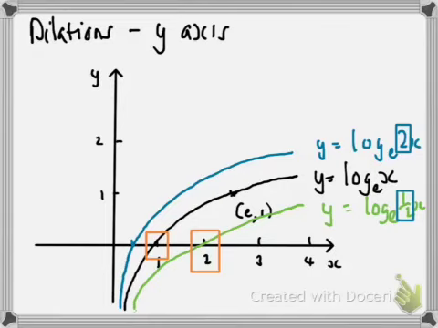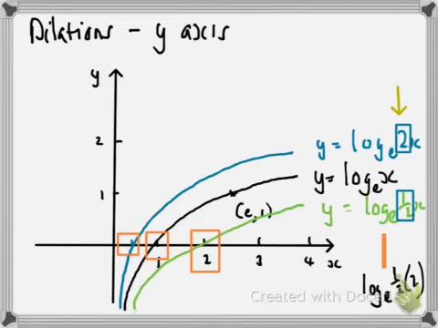That's because to create a situation of log 1 to the base e, x would have to be 2, because a half times 2 is 1. Log 1 to the base e is 0. So to create that intercept now, I need 2. So if x equals 2, y equals 0. And you can see my intercept has changed over here as well. So a 2 in front of the x dilates it closer